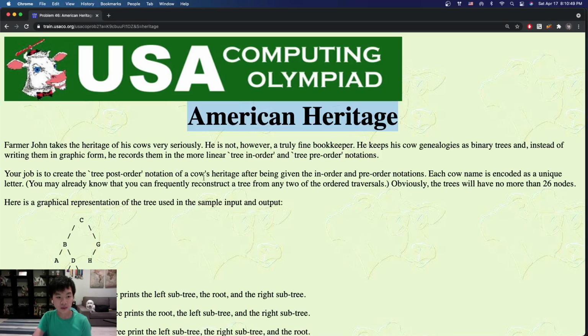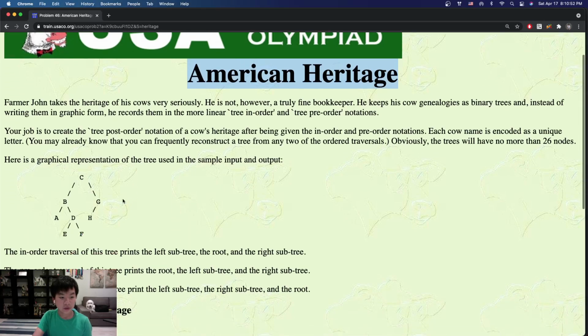Right, so in this problem, Farmer John has some cows, each of them labeled by some letter from A to Z, in uppercase. So obviously, Farmer John would have at most 26 cows. Basically, there's a heritage, which means all those cows would form a tree, or actually a binary tree in this example. Okay, so our job is to create the post-order of the tree given the in-order and the pre-order